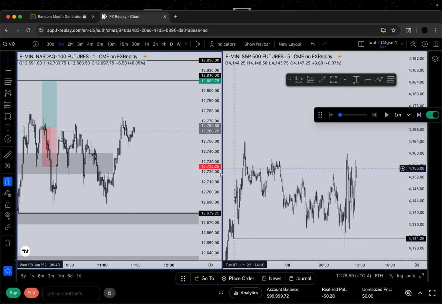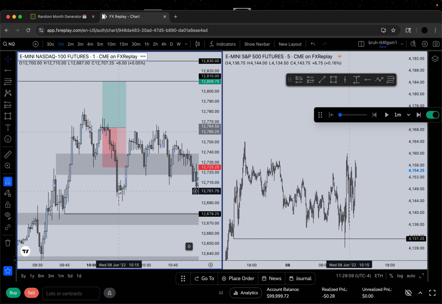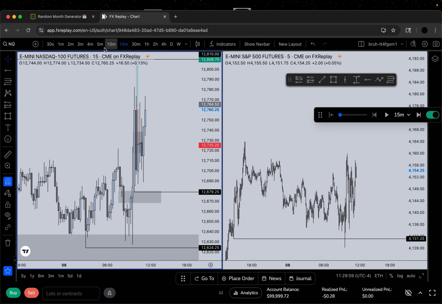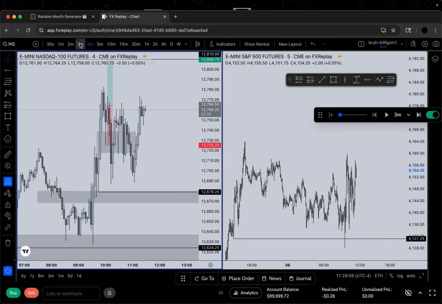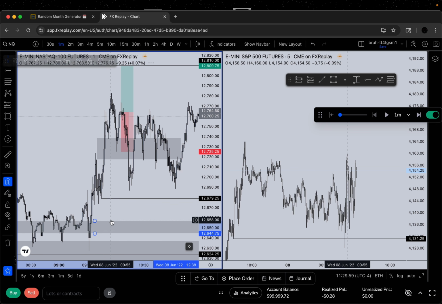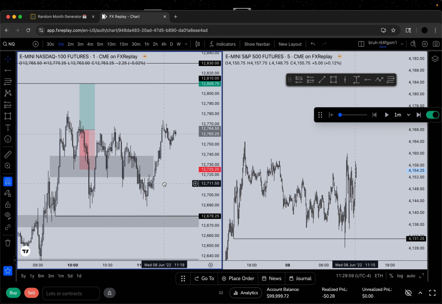Interesting. Okay. All right. Well, this is okay. Well, now the reasoning for my loss isn't even valid. I thought that we were going to go lower and then take this low right here to the 50-minute gap. But we don't really seek anything. So this is kind of just bullshit and you kind of just have to bite the bullet with it. For one, I can tell that price action is just mid, because we don't do anything here.